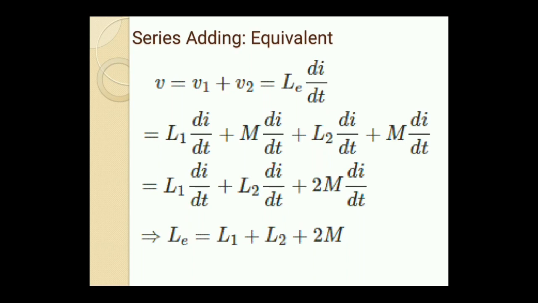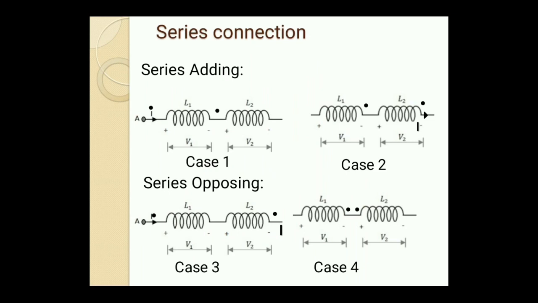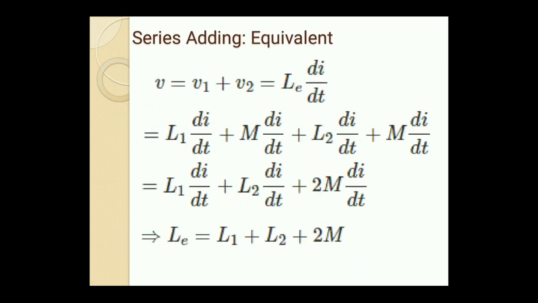Okay, here this is a series connection, so the same current flows through the two inductors in case 1 as well as case 2. So we replace I1 and I2 by I. Rewriting the voltage equations: V L1 equals L1 plus M into di by dt, and V L2 equals L2 plus M into di by dt. The total net voltage is equal to V L1 plus V L2.